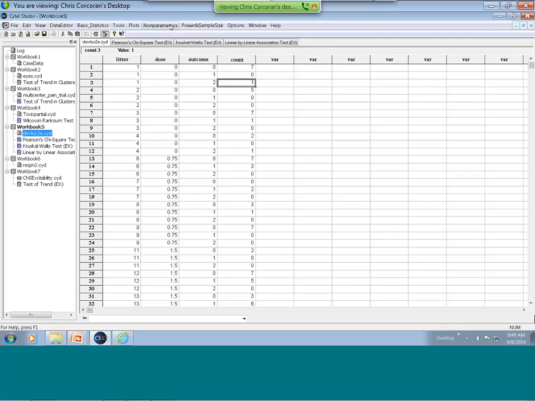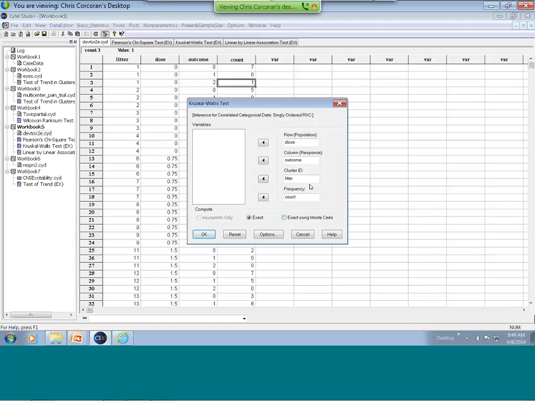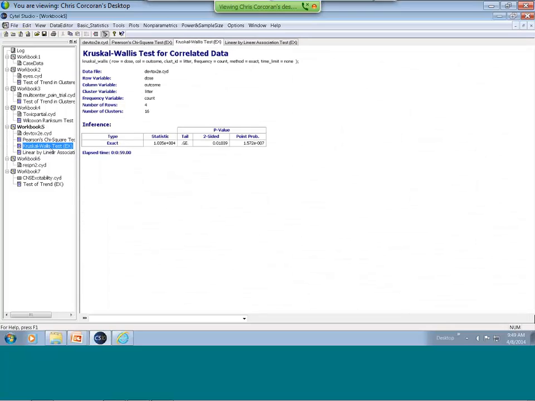If I want to carry out the Kruskal-Wallis test, again, I just go to singly ordered R by C table, and I can pick one of these options, of which Kruskal-Wallis is one. Fill in the appropriate variable names. I'm going to cancel out of this because, again, I've already carried out this test, and there is evidence of